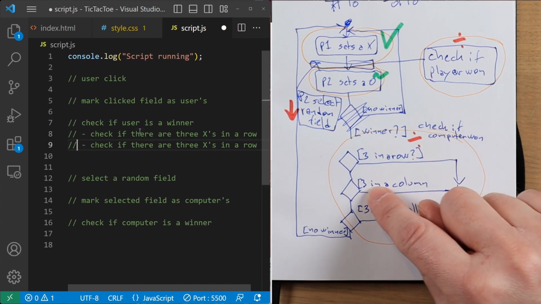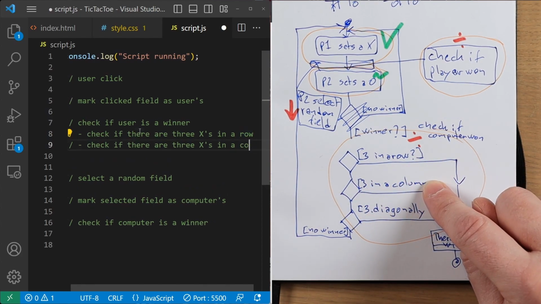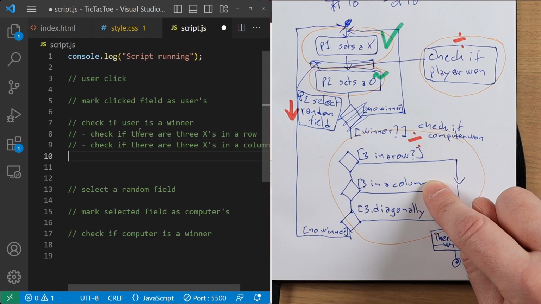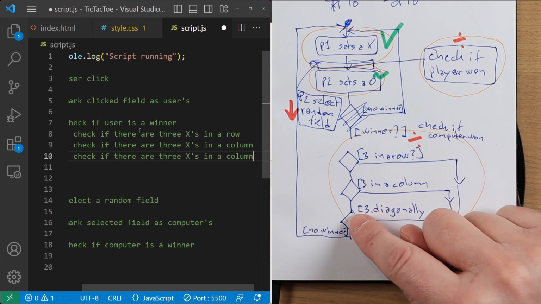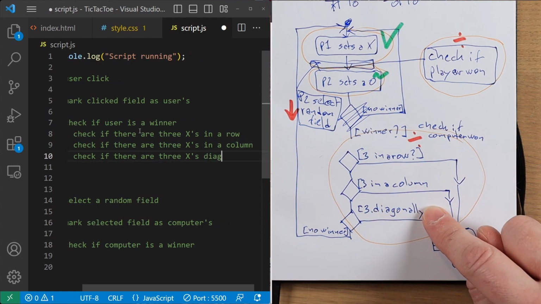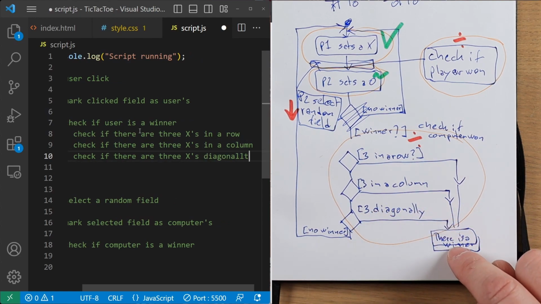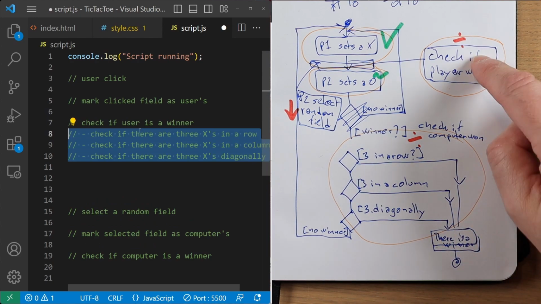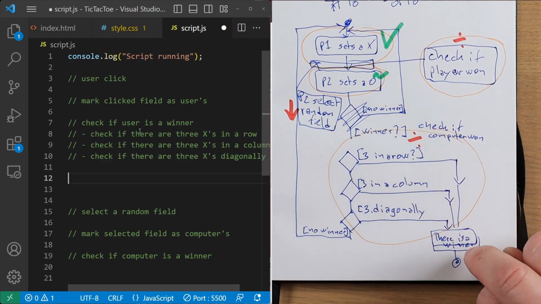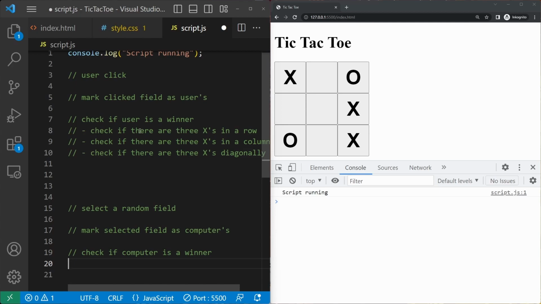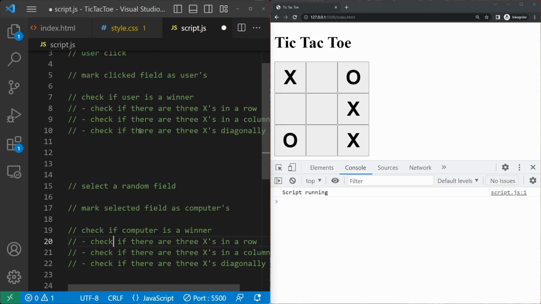There we go. Check if there are 3 X's in a column. And check if there are 3 X's diagonally. And then do the exact same thing for the computer. But it's not going to be X's, it's going to be O's.